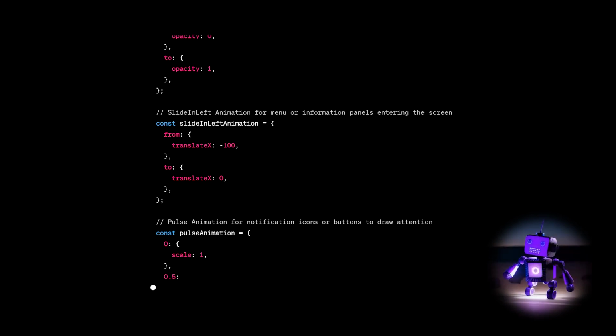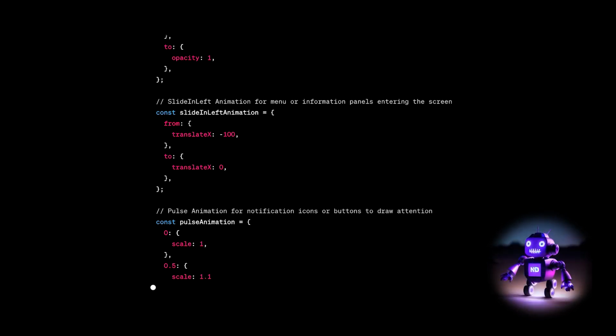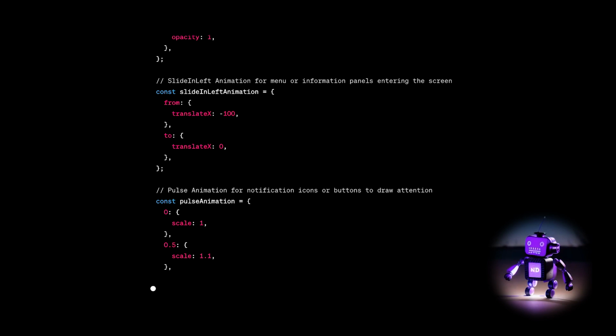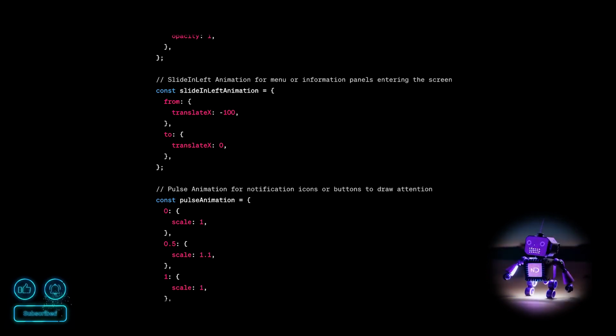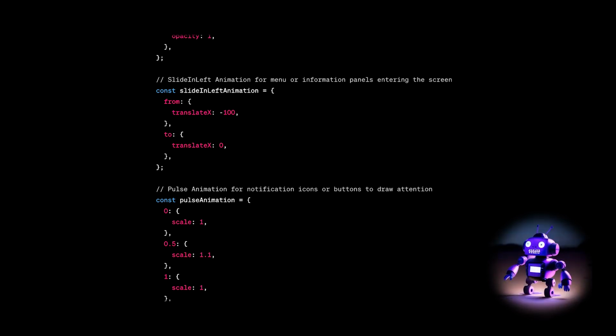Within myAnimatedComponent, we define our animations using simple objects. These objects describe the start and end states of each animation, providing a clear, declarative way to outline what the animation should do. For instance, the fade-in animation gradually changes the opacity of an element from 0 to 1, making it smoothly appear on the screen. This approach to defining animations underscores the power of React Native Animatable, allowing developers to create complex animations with minimal